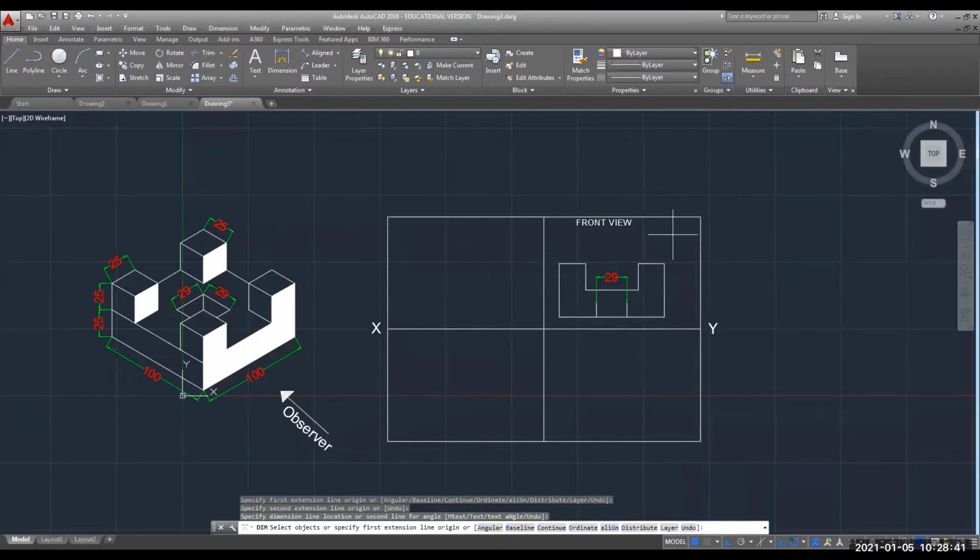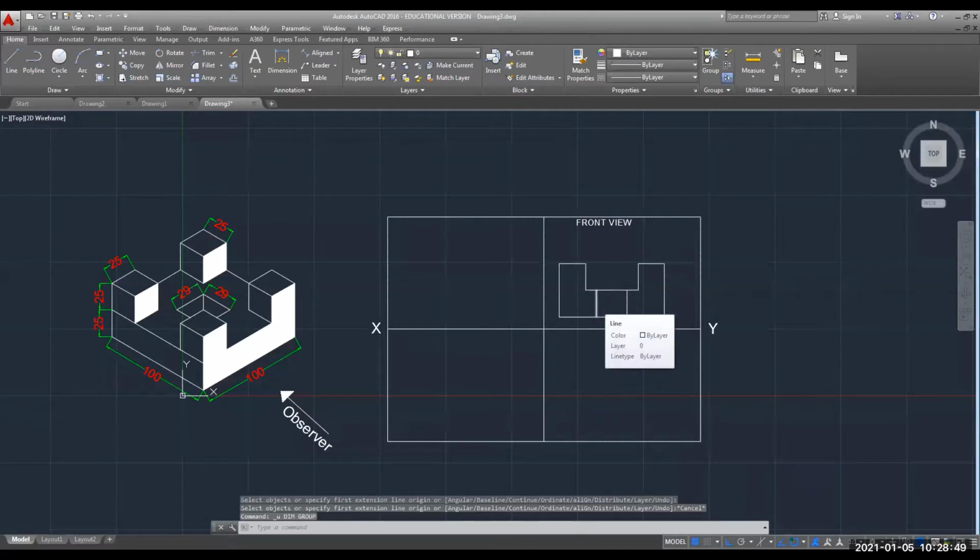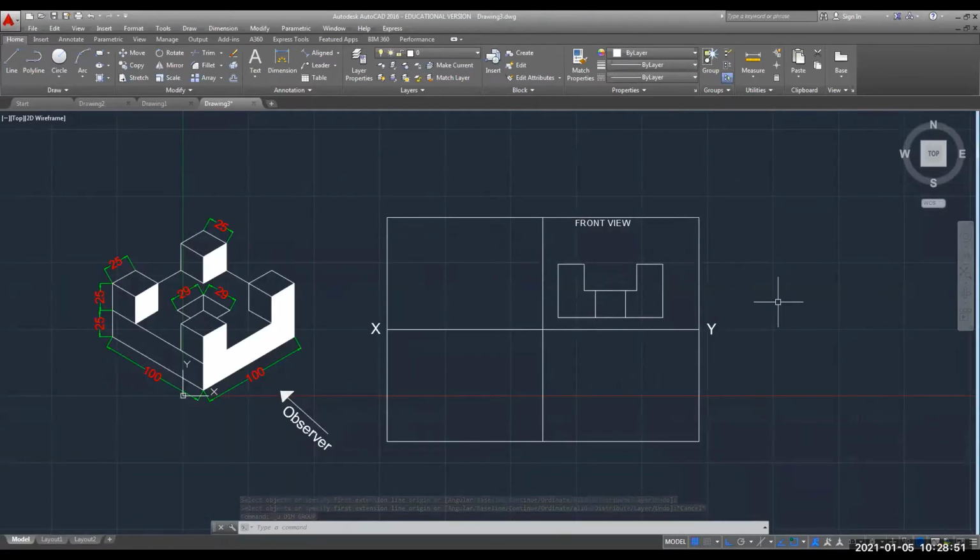Let me keep it here. Now, what I want to show you, we have to convert this into hidden line. It is looking like a continuous line. So how to convert this continuous line into hidden line? For that, the command is linetype.